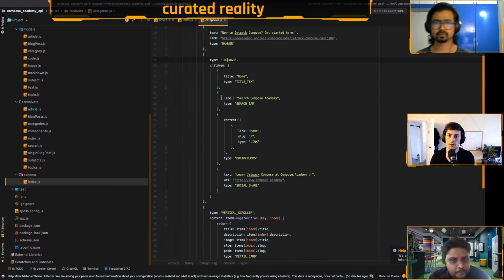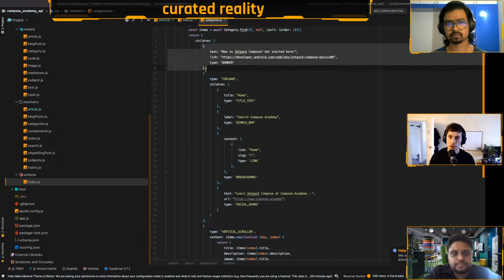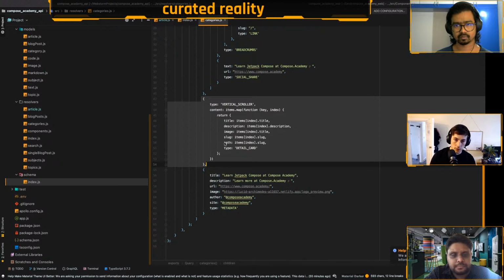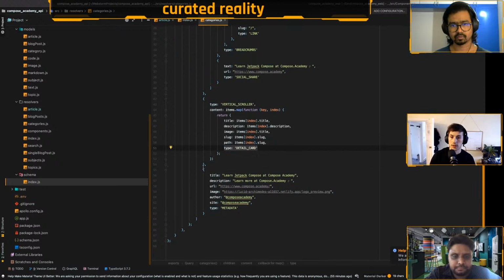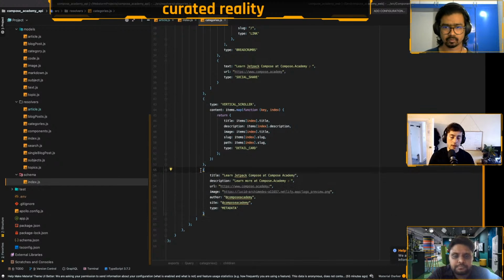Cool. So with that in place, the API is essentially saying this is what the screen should look like. You should have a banner, you should have a toolbar, then you should have the scroller with a collection of detail cards, and then you should also render this metadata. This is just used for the social sharing stuff.